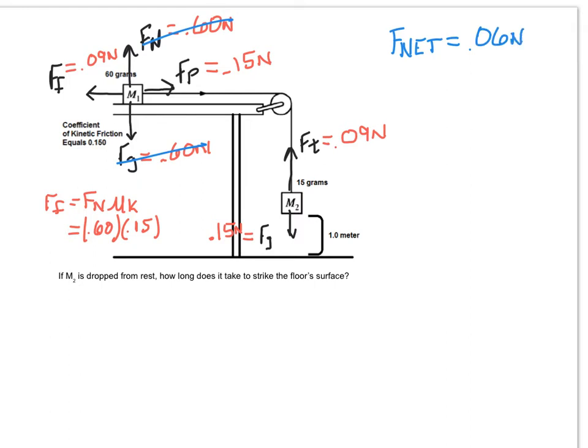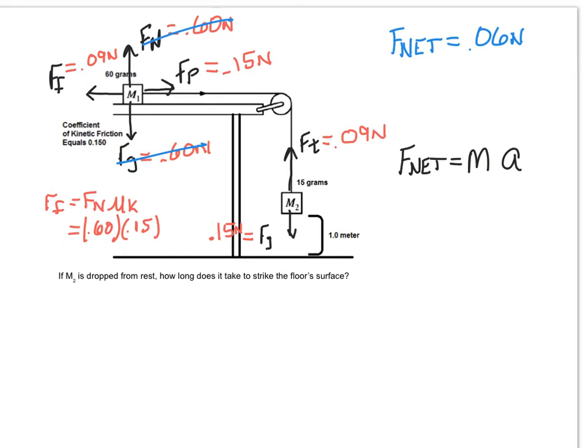Now dropping into the second half of the problem, how long does it take the object to strike the floor surface? Once again, anytime we enter this zone of the problem, we're essentially just doing a kinematics problem. But first we have to figure out what our acceleration is upon falling downwards. We can solve for that by setting up our net force experienced by both blocks is equal to your mass